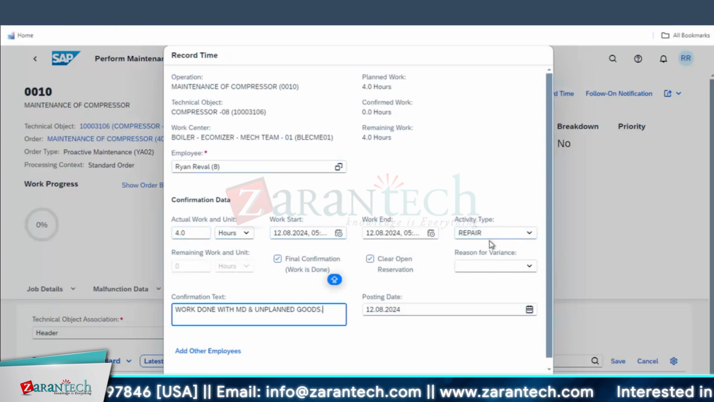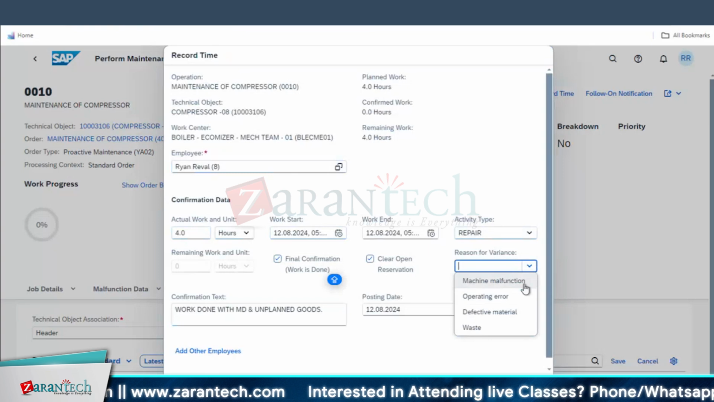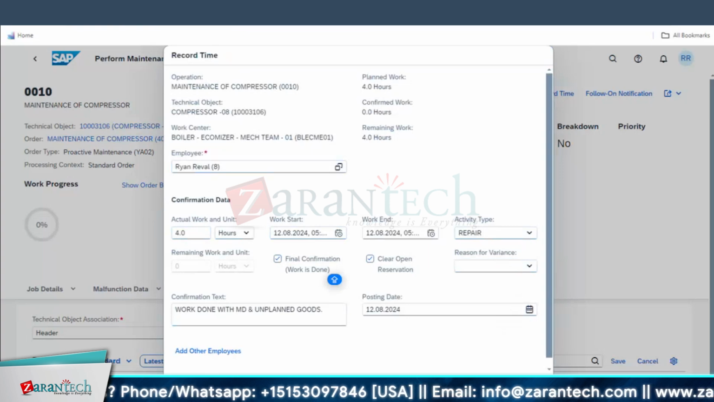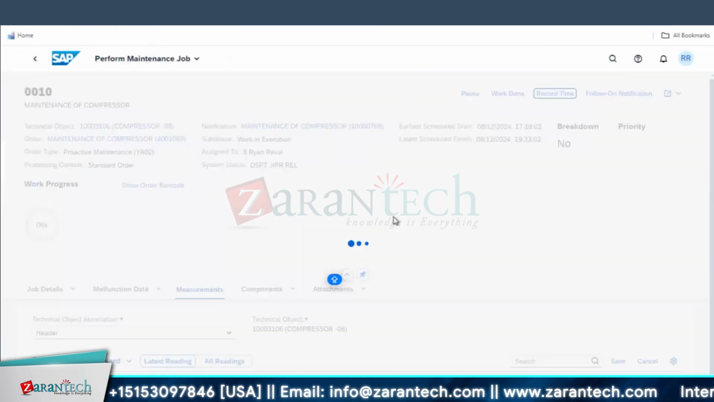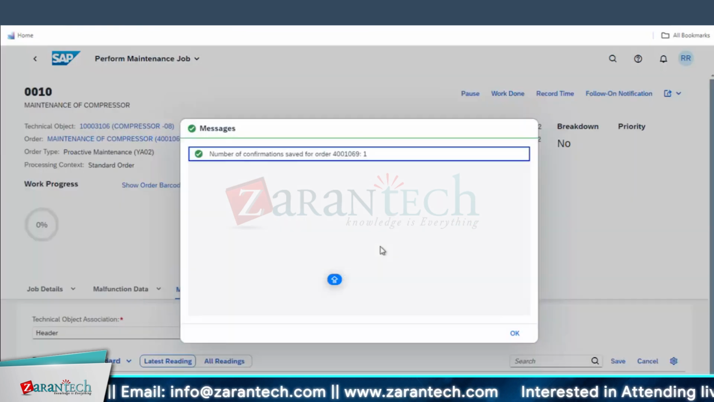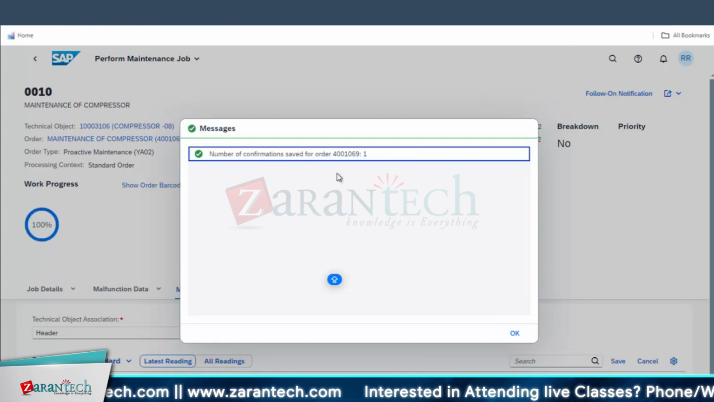Then the activity type. If there is any variance, you give the reason for the variance: machine malfunction, operating errors, defective material, or waste of time. Any variance we can mention. So record it. So that variance, if there are other things, wouldn't that be recorded when he